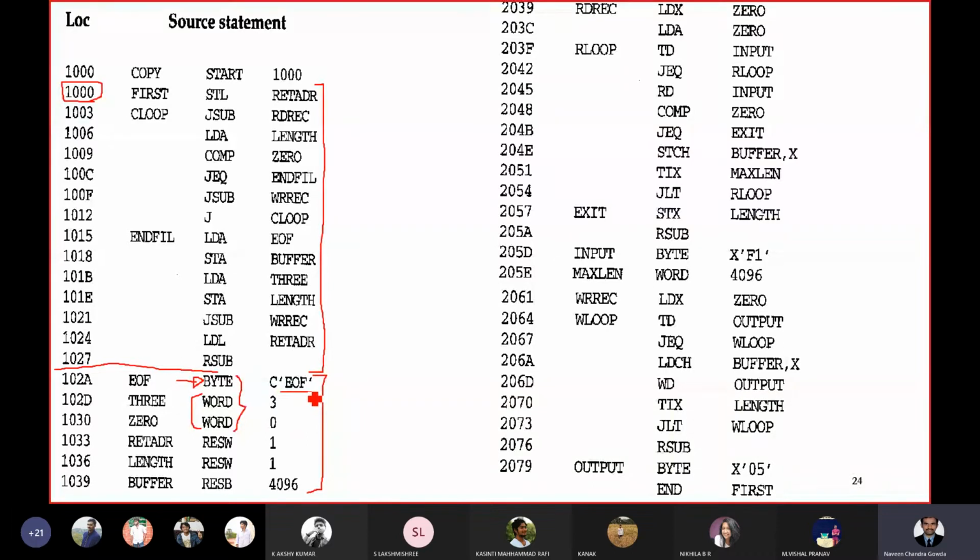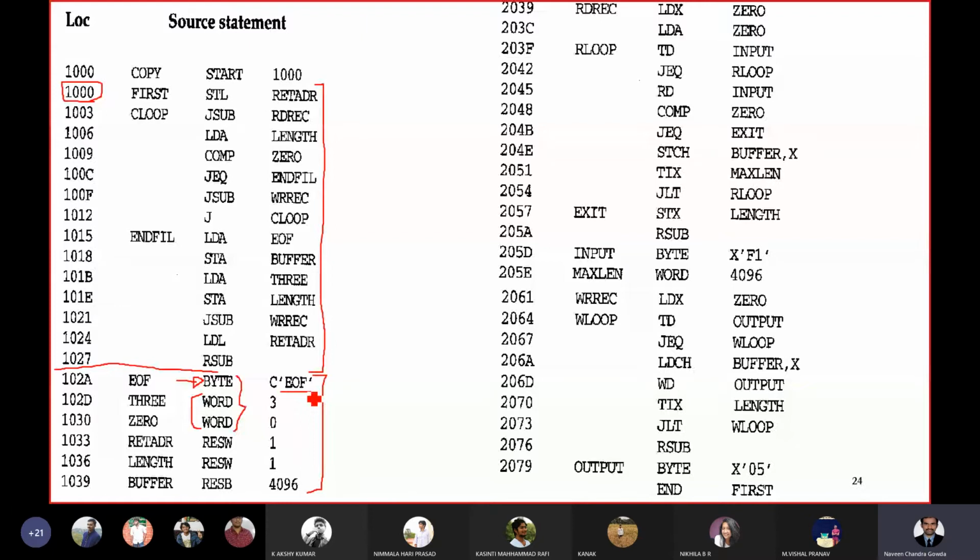Even if the word operand is 0 or 3 or 300 or 1000, you allocate only 3 bytes for a word, but for a byte instruction it is purely based on the operand. So A plus 3 is D.